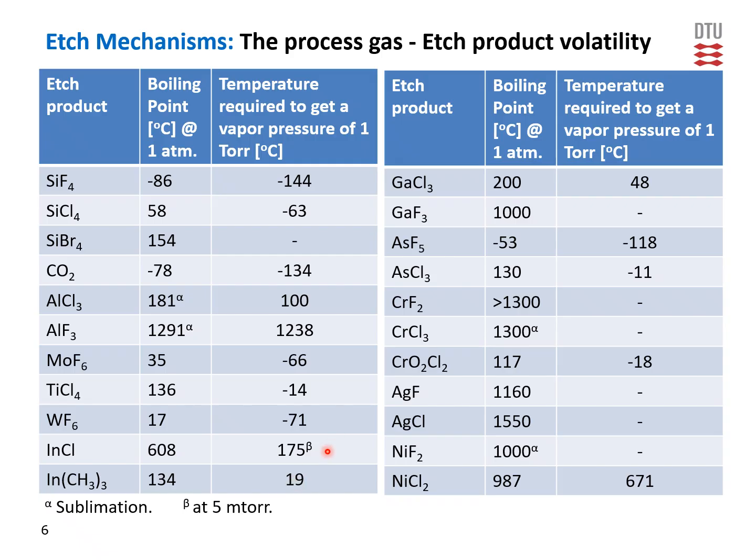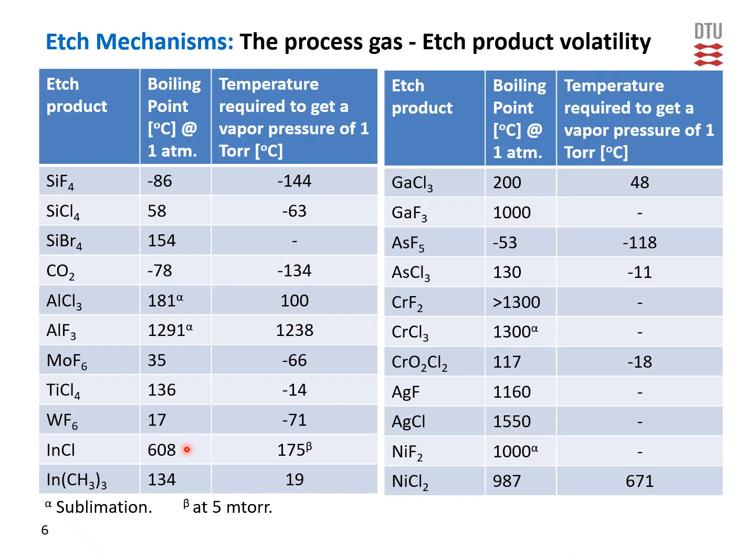So that means when we are etching indium in a chlorine chemistry, we need to run it at an elevated temperature around 175 degrees. And that's a good indicator of where the boiling point at 1 atmosphere has to be. So it definitely has to be lower than this, and if it's this high, we have to run the process